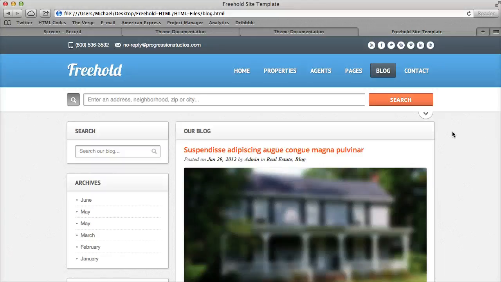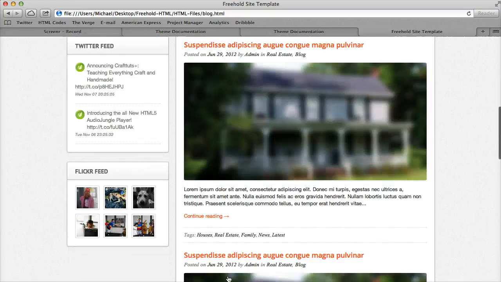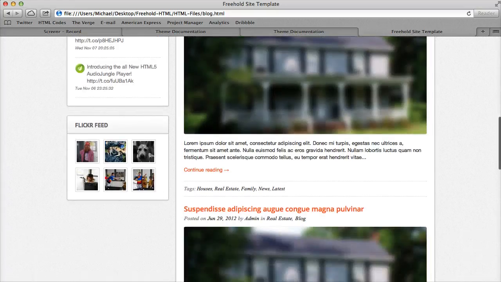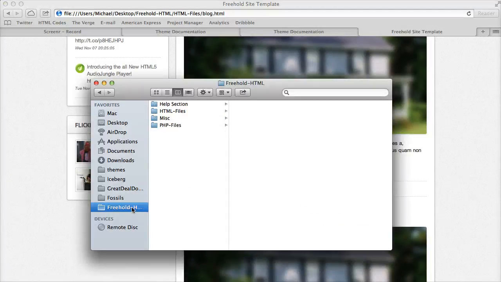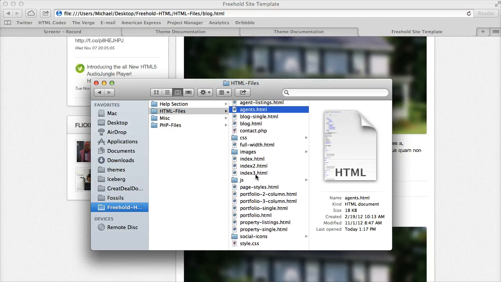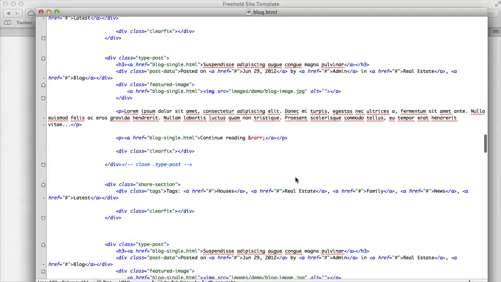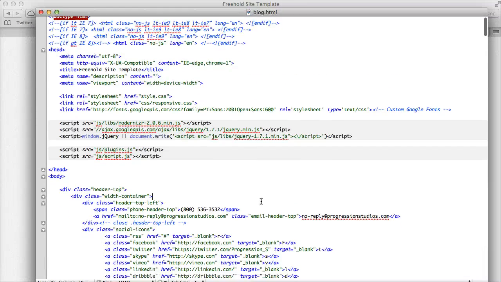Alright, I'm going to go over how to add your Twitter feed and Flickr feed on any page, and it's really easy. So let's go ahead and open up our files, our HTML. Let's go to our blog page since that's where we have our example, and we'll take a look at it. So if we go to our sidebar,